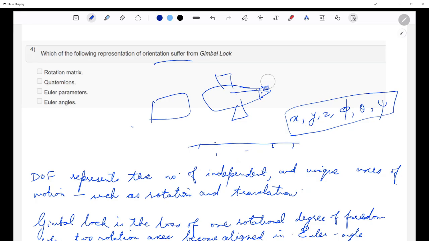So what happens in aircraft, let's say it is pitching at 90 degrees. What does that mean? Aircraft is in this state, somewhat. Okay. And it is at plus 90 degrees, in upward direction. Then what would happen? Either you roll or pitch, both of them are non-recognizable. You would lose 1 degree of freedom. So I think I can show this with the help of a video to you. That would be much more clear in 3D. Just a second.